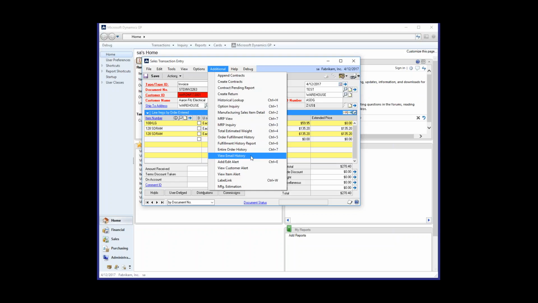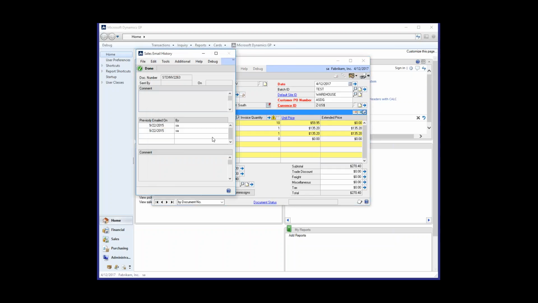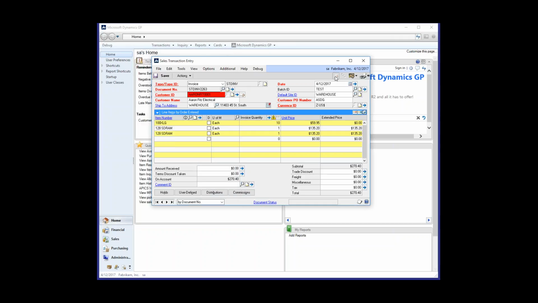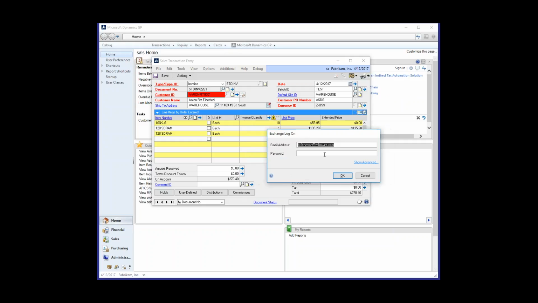Another feature that we use internally is an email history tracker. Now, I'll show you what we already have in here. So it's been sent a couple of times. And the first time it was sent, there's no comment. The second time it was sent, you can see that this was resent because the customer said they didn't receive the invoice the first time. Where this pops up now is if we click the email button to email the invoice,